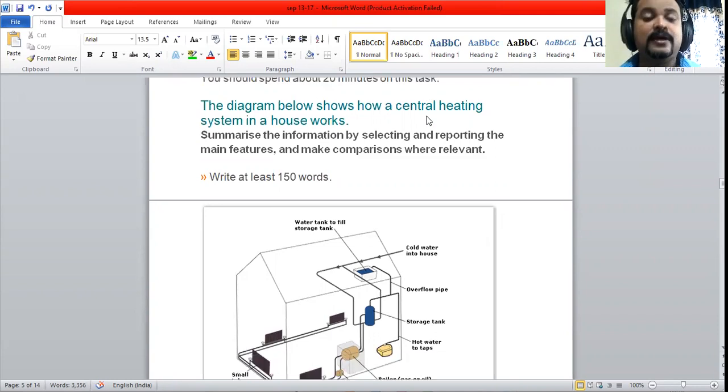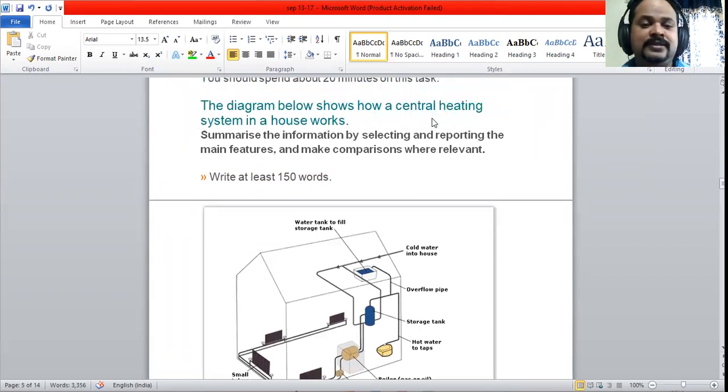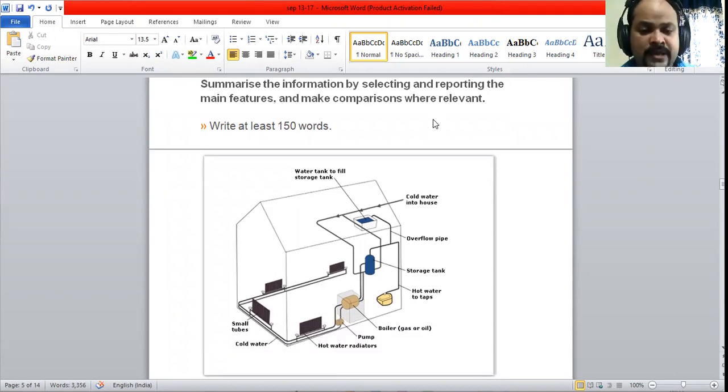Today, we are going to discuss a diagram, and this diagram is about the functioning of a central heating system in a house. So, this is a system. This is about the system, and this system is about the central heating system. So, how it functions. Normally, when you get a diagram,